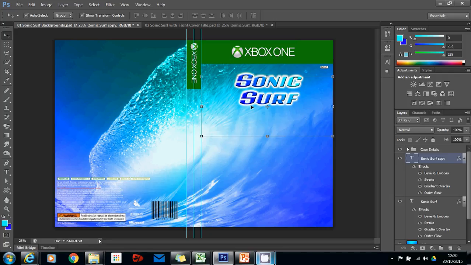Now this copy is directly over the top of it. To move this out of the way, I need to click on the actual letter, which is actually part of the layer, and I need to click and drag and move it over. Now that that's moved over, all I'm going to have to do is make sure my text is on one line, because at the moment I'd have to shrink it down far too much. So I'm going to need to go back into my edit options, the same way we went back into rename or reword your title. So I'm going to double click on the T